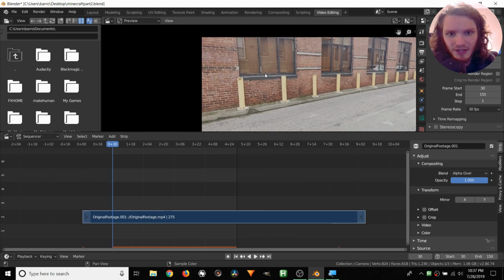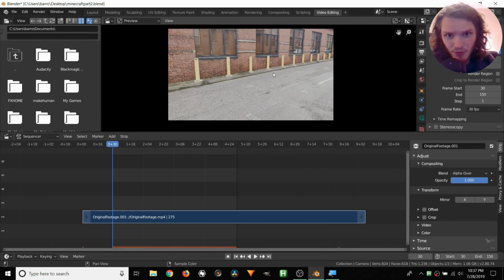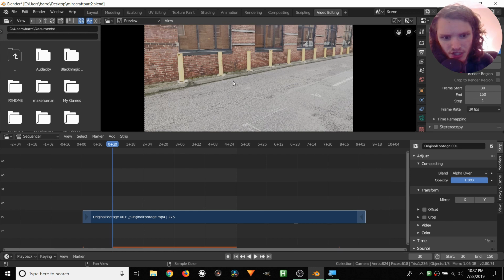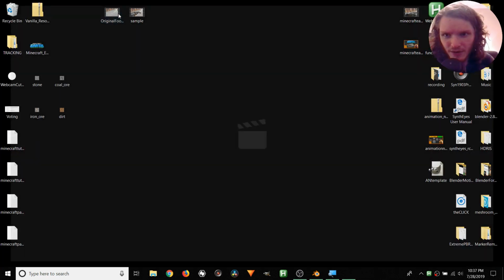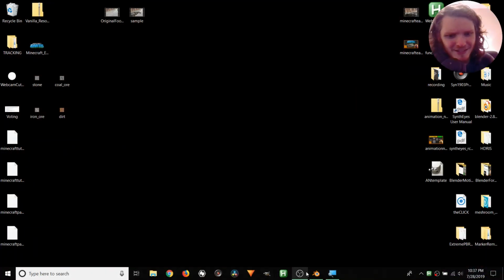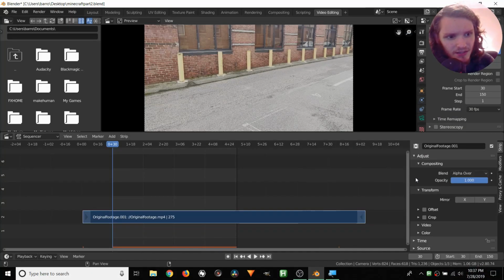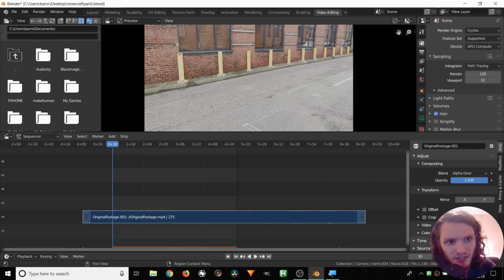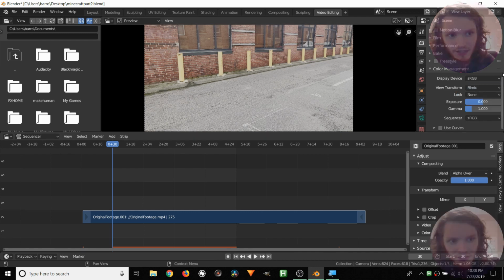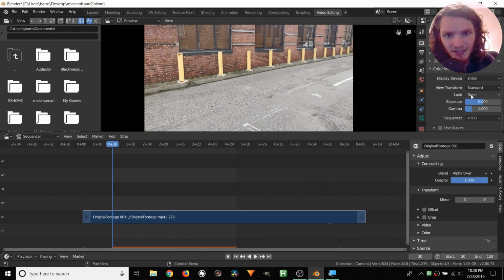But what we're going to do is take this footage, and before we export it as an image sequence, you may already notice something wrong. You can see this looks very washed out compared to our very rich shot on a phone footage. That's because, and we need to fix this, in the render tab, under color management, we need to make sure this is not set to filmic. The view transform has to be set to, and make sure you look over here when I do this, standard, and you can see now we have that rich color back.